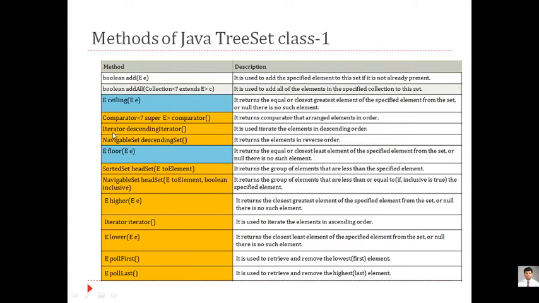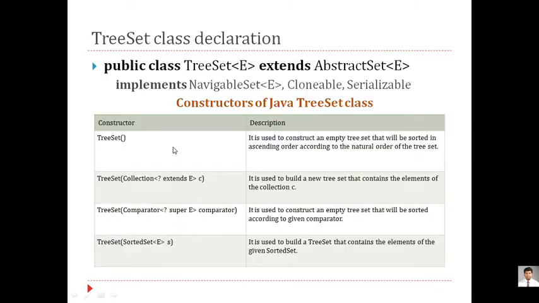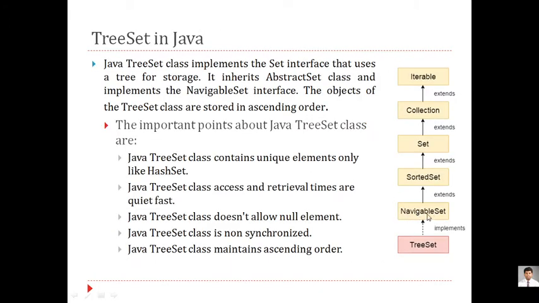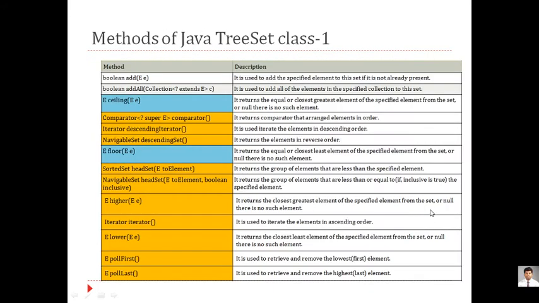Now this is the way where we are using iterator as an interface. Now there is one more interface which is inherited by default by this tree class. When you go for the declaration, you see this NavigableSet. This is an interface. It is inherited by tree set by default, and there is one function that can display the elements in reverse order also.